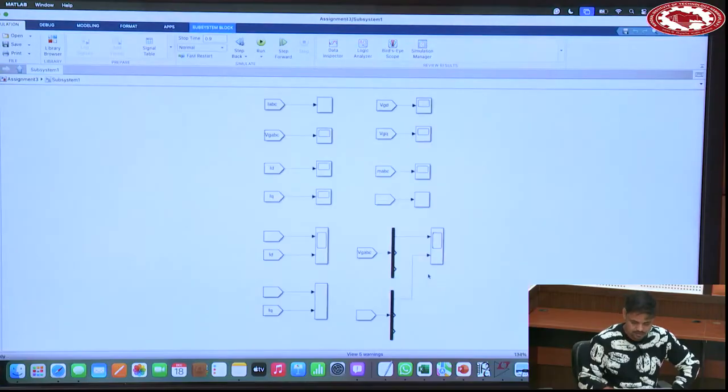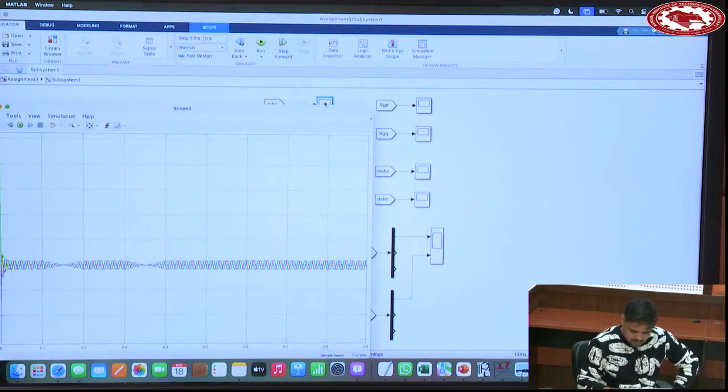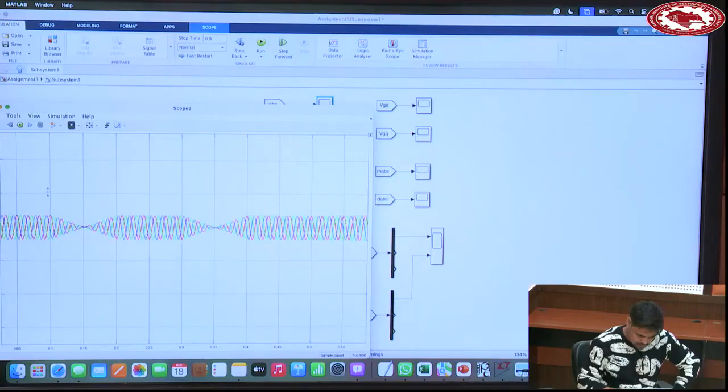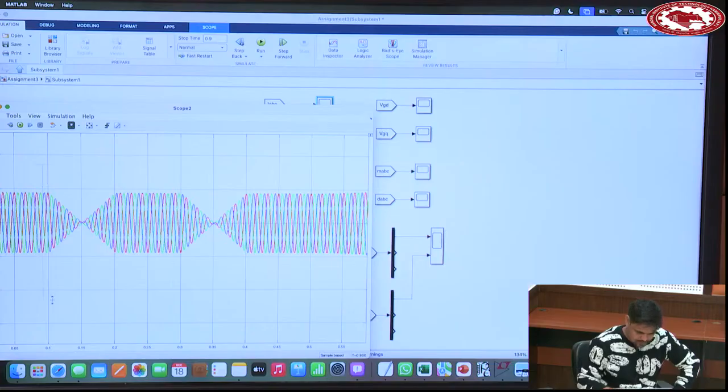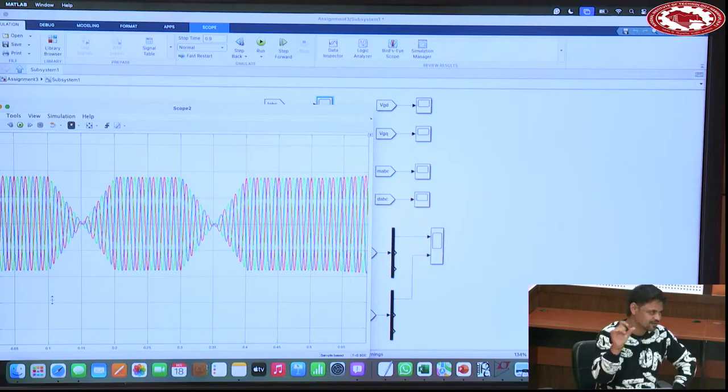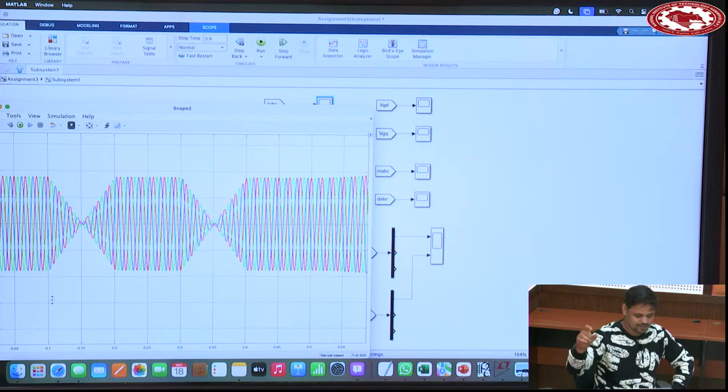Okay, the simulation is complete. You see, according to the command, the current is changing its direction. For the initial phase it was positive, then negative, then again positive. It is changing. If you look at it along with the voltage,